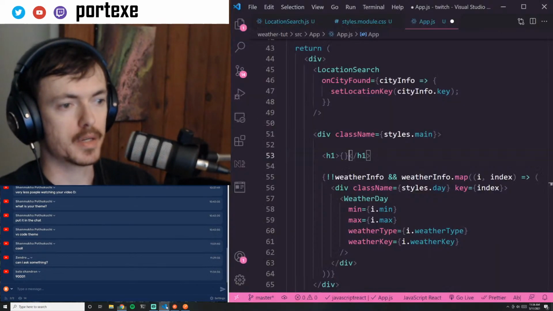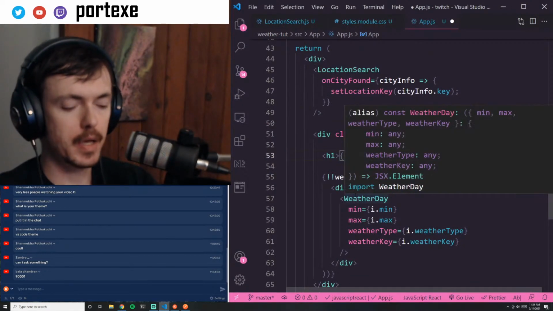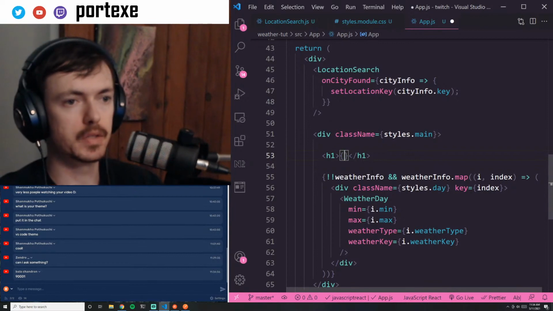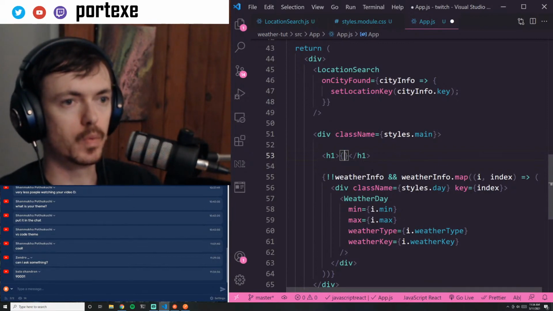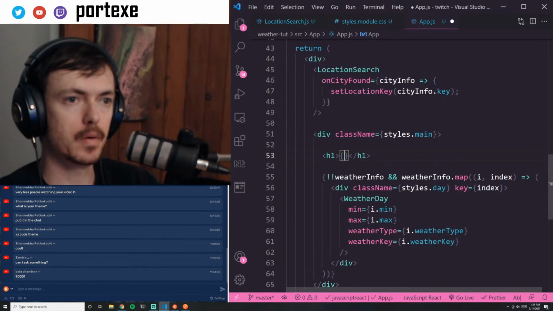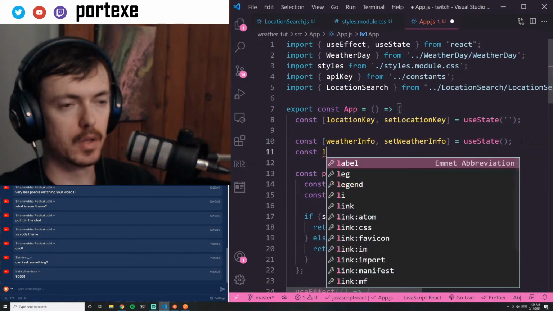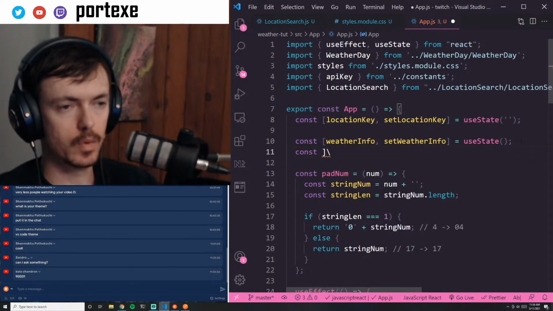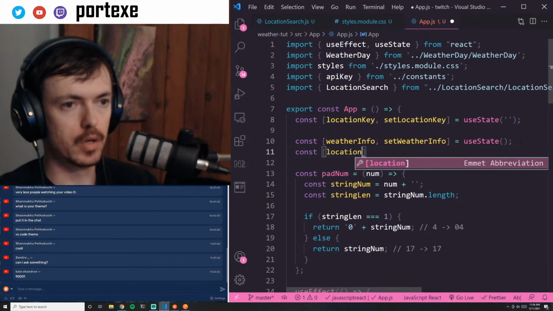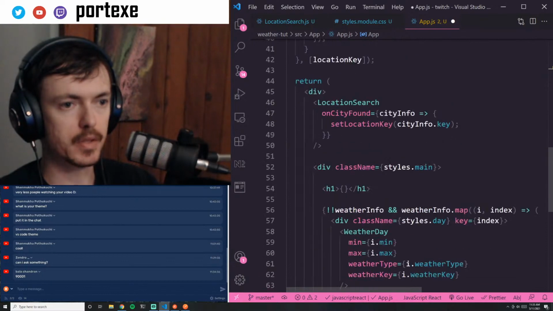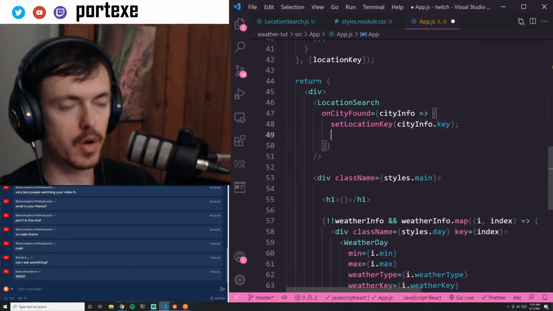Cool. So back to this. Let's say the city name. Oh, actually, I'll use that too. I'll find out what that city and state is in a second. Let's do, what were we calling that? City info? Oh, we need to actually set it up here. So let's say const location. Whoops. Location and set location. This is just going to be a string representation of the city and the state. I'll initialize it as an empty string, and then whenever we set the stuff here, set location key, I'm going to also set